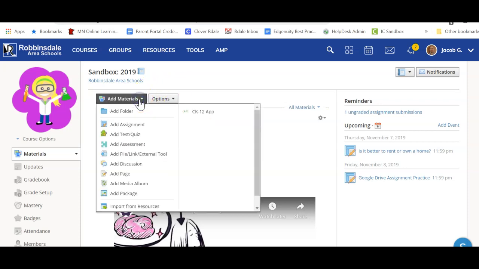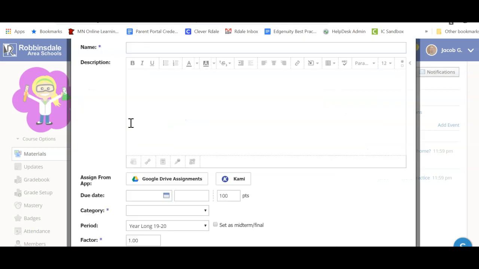All right, I'm adding a Kami assignment. Let's go ahead, add assignment. And I'll just call this Kami testing. And this is a file I got from one of our classes. I'll just say, after you open your file, follow the instructions. You may want to give better instructions than this, but anyway, that's what I'm saying in mine